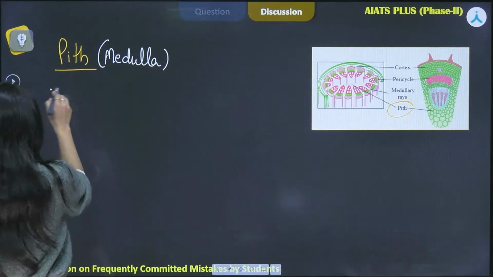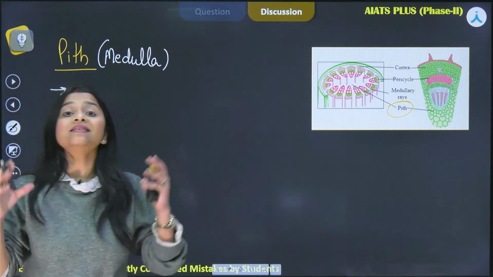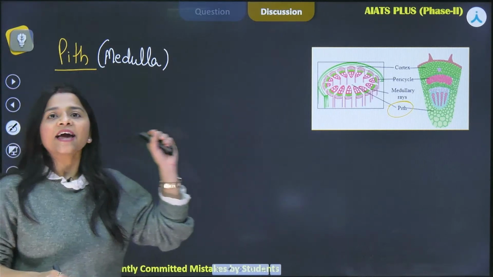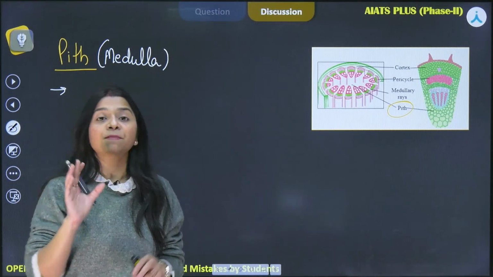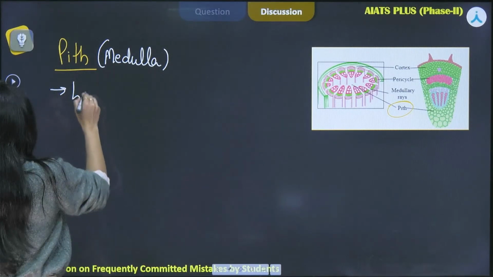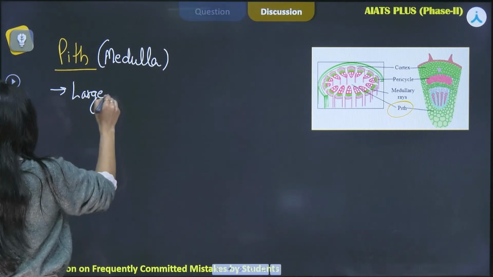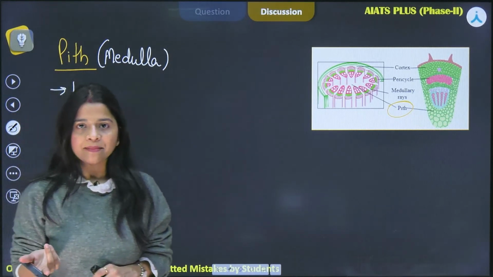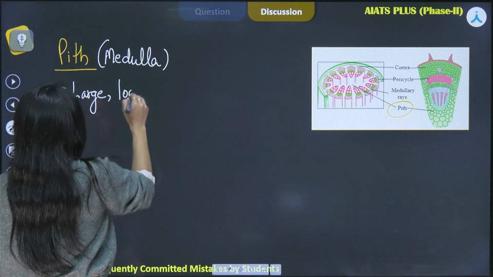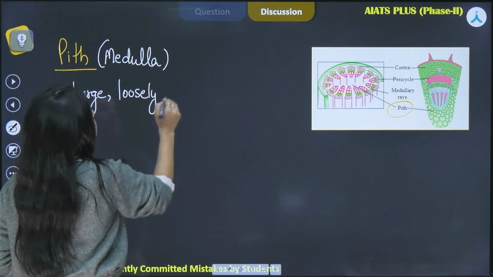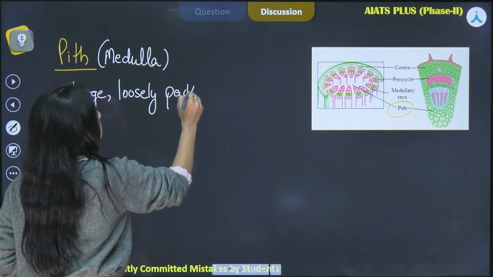In case of dicot stem, we observe that the pith is large, not like dicot root, where it is small and inconspicuous. But in this case, the pith is large, and the cells are parenchymatous and they are loosely packed. So, it is comprising of loosely packed